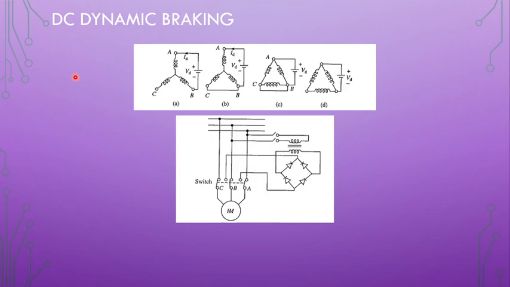A circuit diagram is shown here, showing how we can employ it practically. The three-phase supply is directly connected to the induction motor with the help of this switch ABC. Now in the braking mode, this is a DPDT switch. We suddenly reverse it. We see that two of the phases get connected to this bridge rectifier, and then using the isolation transformer we are connecting it to two phases. One of the phases is kept open or shorted permanently. Then this type of connection is possible.